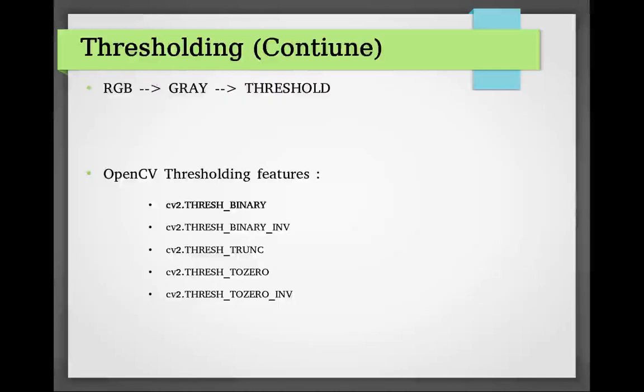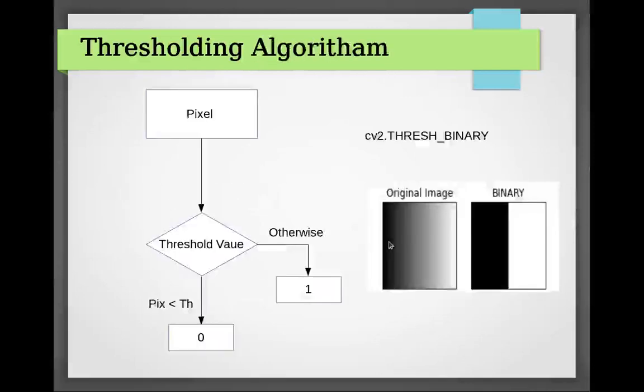Okay, and thresholding can be carried out via these steps. First we need to convert into gray, and the gray will be converted into the thresholded. And this is the feature which is available in the OpenCV formats, and I have used this thresh binary argument for my particular project. And this is the algorithm behind the thresholding. It will make some condition in the API behind, and it will make that pixel 0 or 1 with this threshold value. This threshold value we need to put in the program.